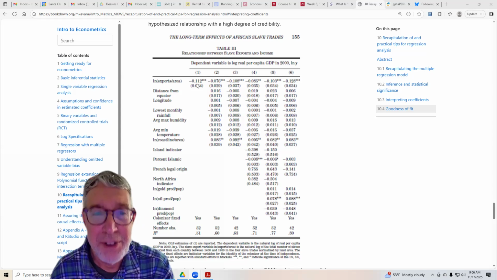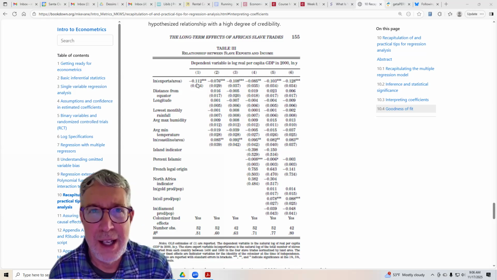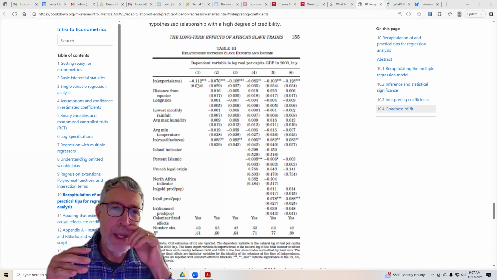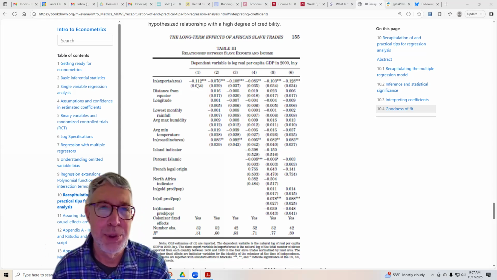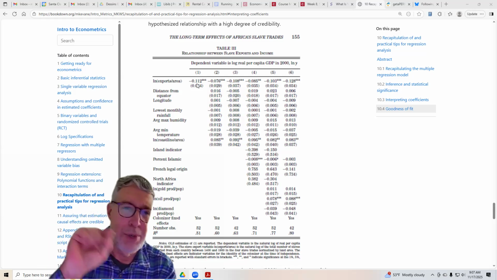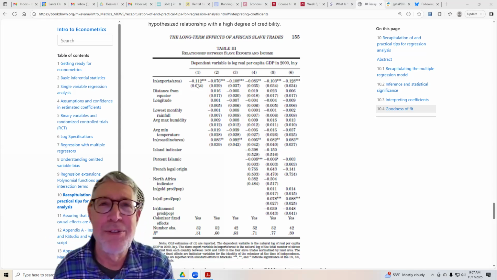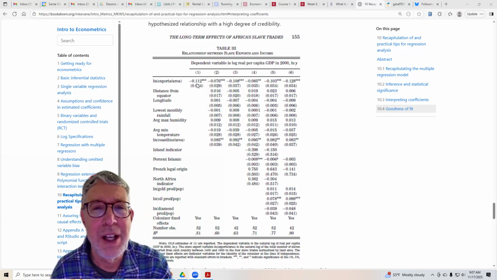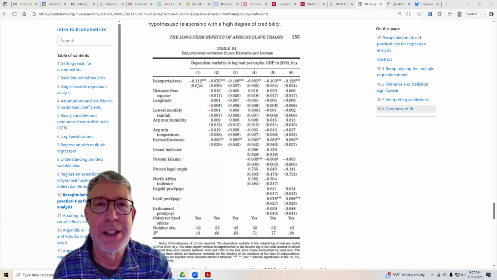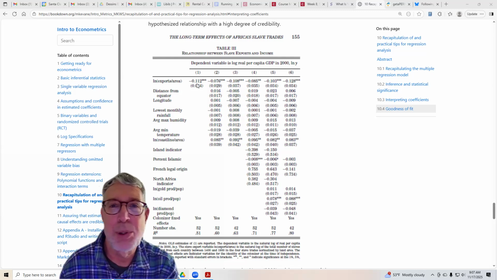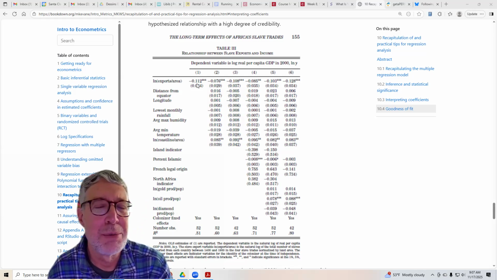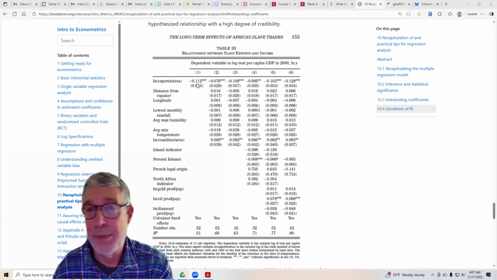Alternatively, we might say that a 50% change in slave exports, so increasing the slave exports by 50%, is associated with a 5% reduction. We multiply 0.1 times 50, and that's 5, so a 5% reduction in per capita GDP in the year 2000. Suppose per capita GDP were $1,000, a 5% reduction would be $50 per person. That's per capita GDP, $50 per person